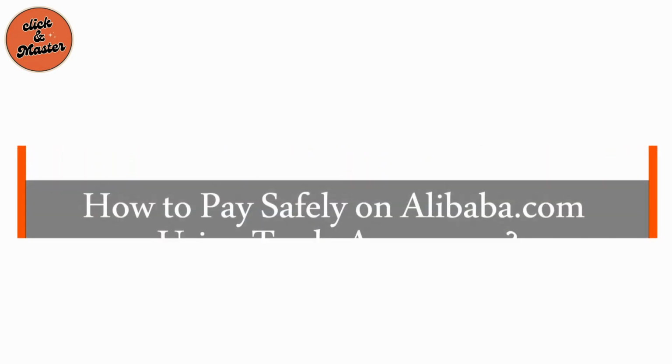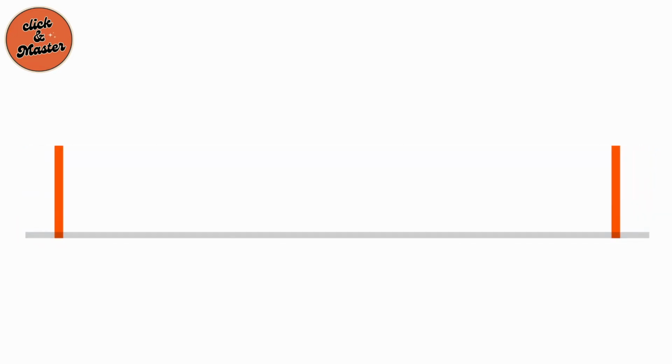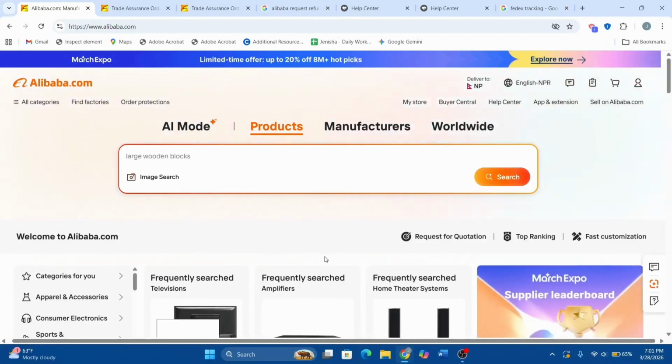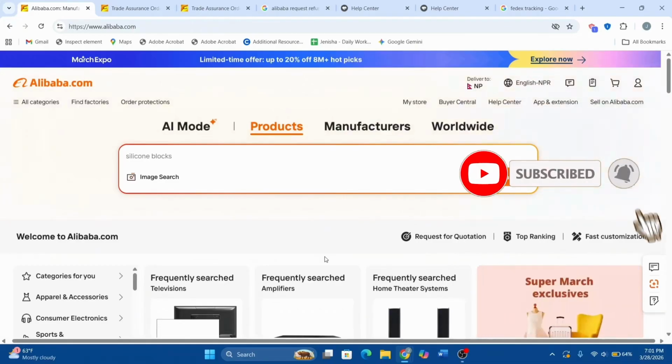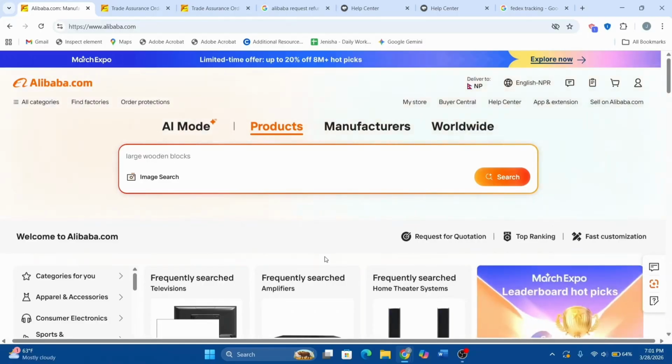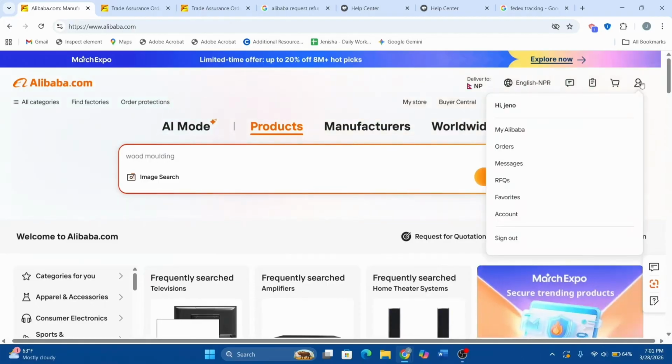How to pay safely on Alibaba.com using Trade Assurance. Paying safely on Alibaba.com using Trade Assurance is the smartest way to protect your money when buying from suppliers. And in today's video, we are giving you a clear, practical guide so that you do not make any costly mistakes. So what we can do is start by going to Alibaba.com and go to our My Alibaba